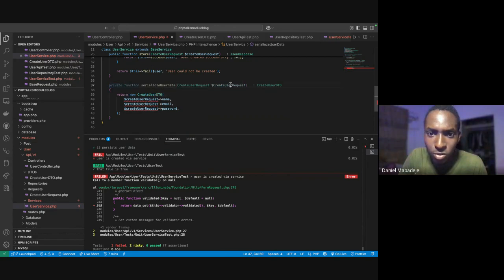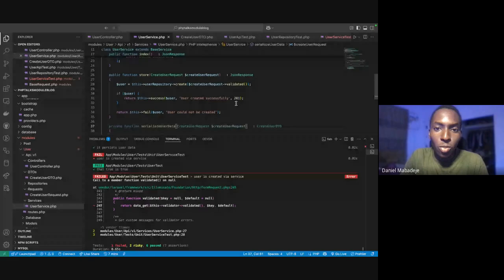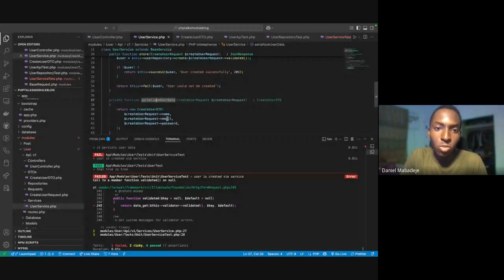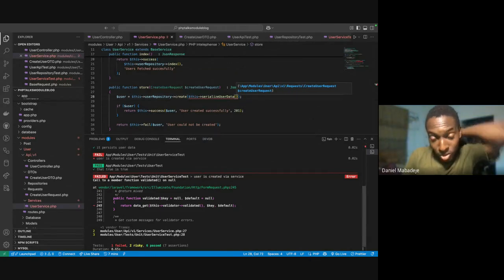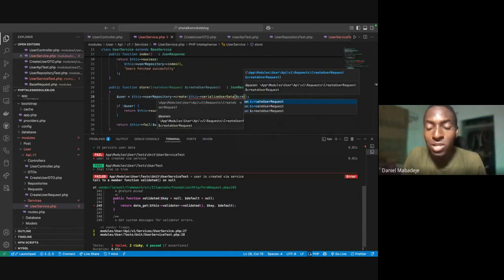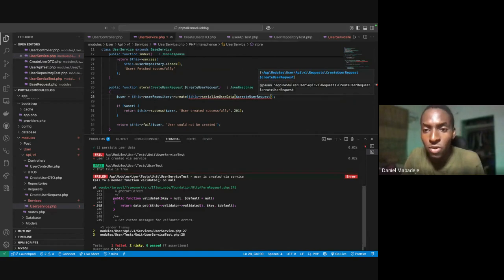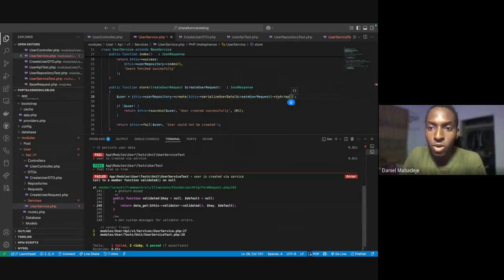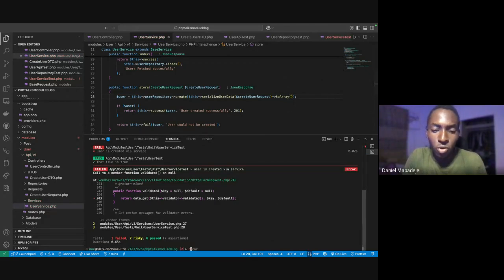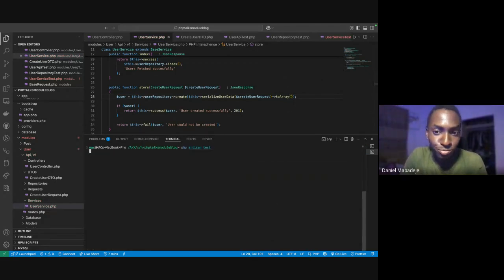Undefined variable create user record. Okay. Here we go. All right. So we are back to this. Now we can just basically come here and say serialize user data. Come here and pass this instead. You can say this serialize user data because we know that it is returning a DTO. Right now we are sure of the return type. We can say this should return to array, right? And that should fix it. So if we run this test once again,